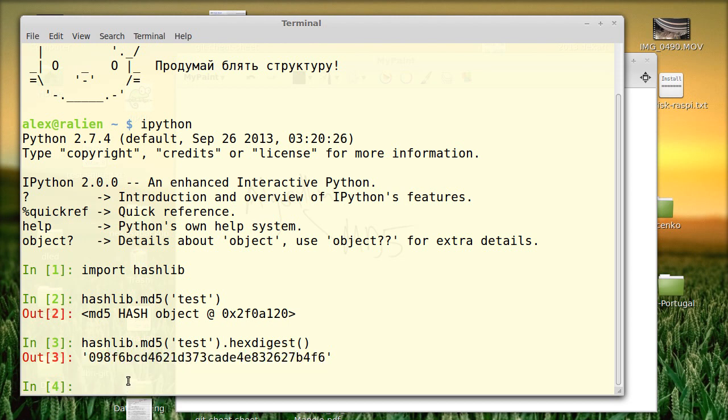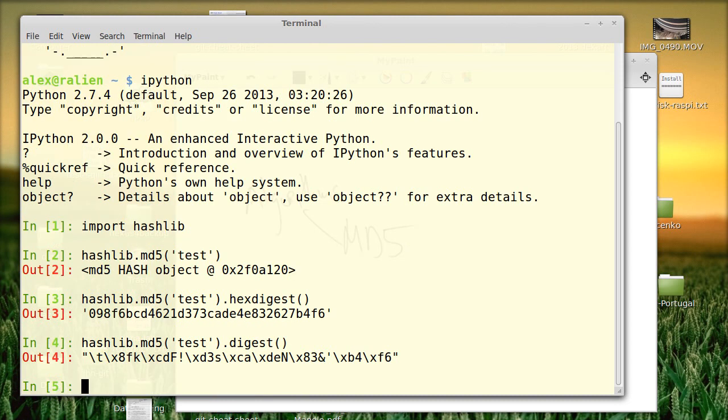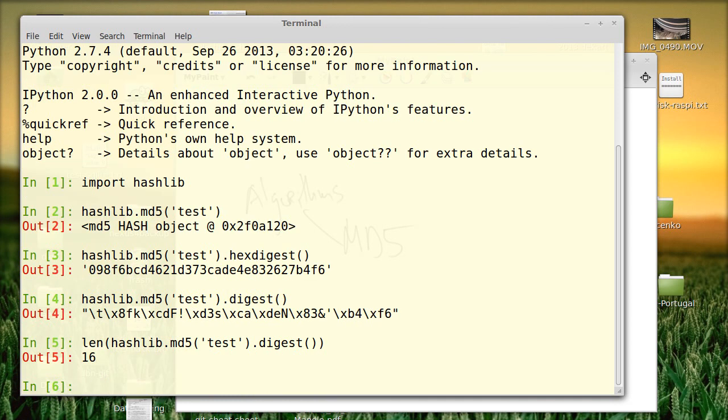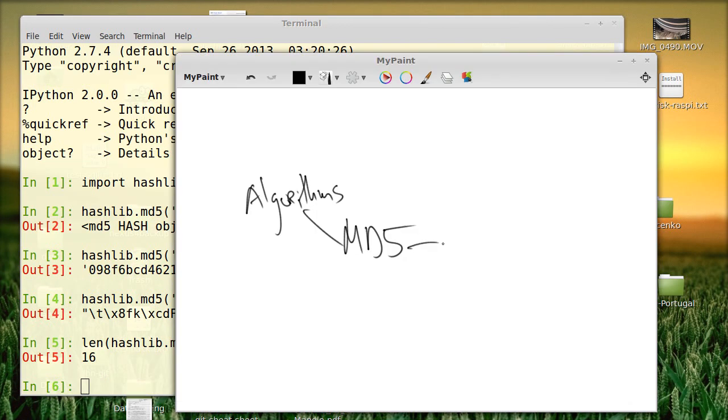And you see this string, it's a hexadecimal representation, but you can also call it like that, and then you see just a bunch of bytes. If you want to know the length of this digest, you could do it like that, and it says 16. So it means that the MD5 algorithm gives us digests that have 16 bytes in length, and that's how many bits? If you multiply by 8, it's approximately